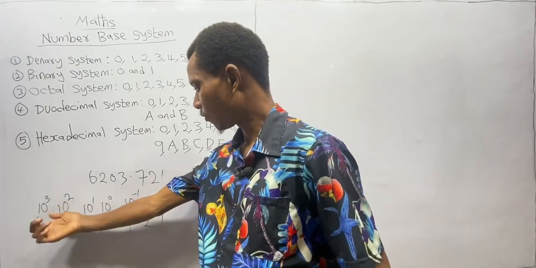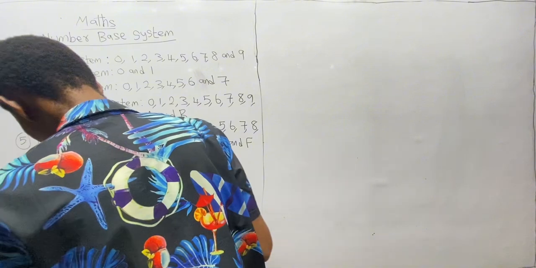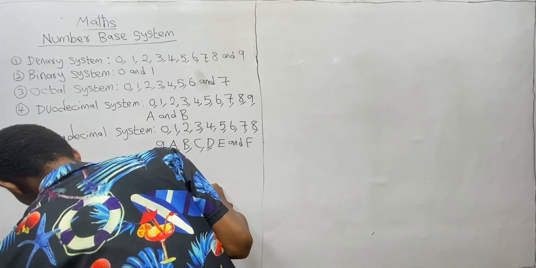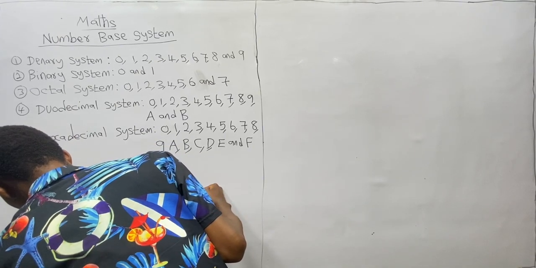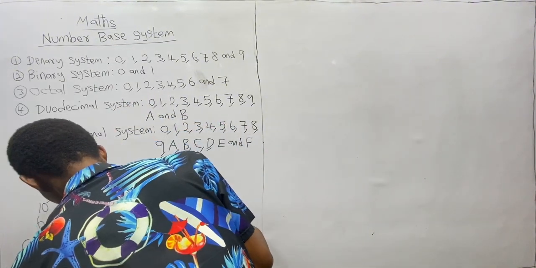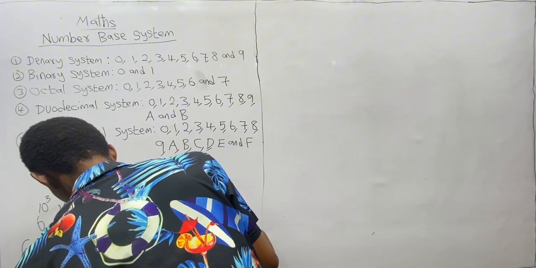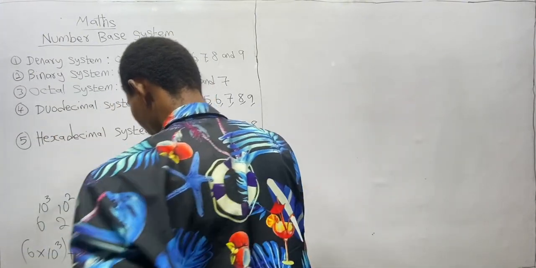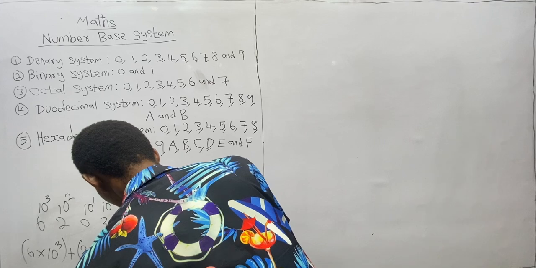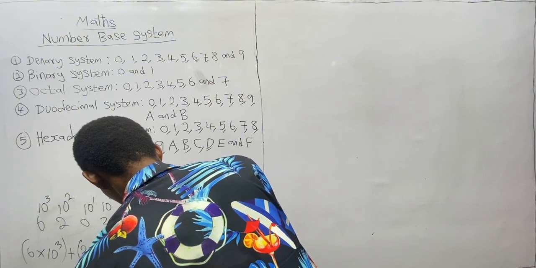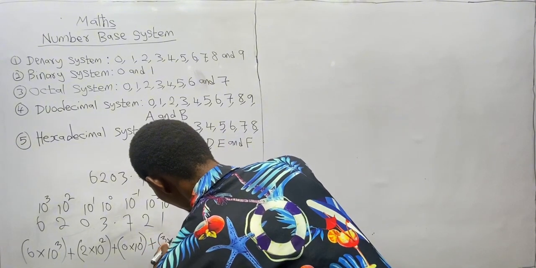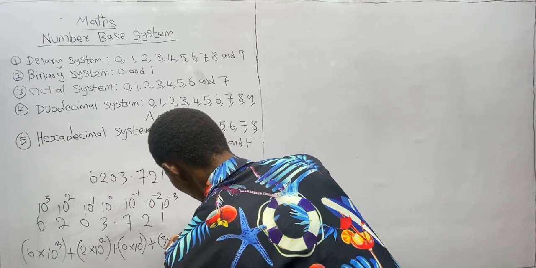We can write the expanded form of this by saying 6 multiplied by 10 raised to the power of 3, plus 2 multiplied by 10 raised to the power of 2, plus 0 multiplied by 10 raised to the power of 1, plus 3 times 10 raised to the power of 0,